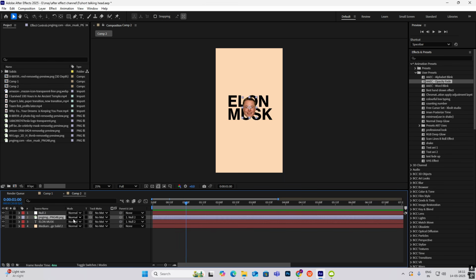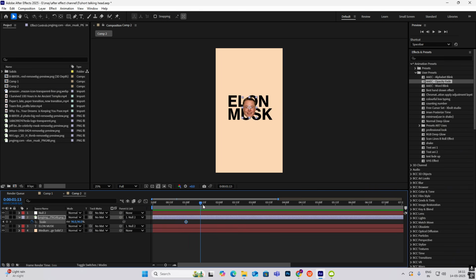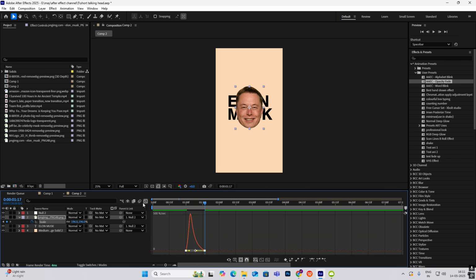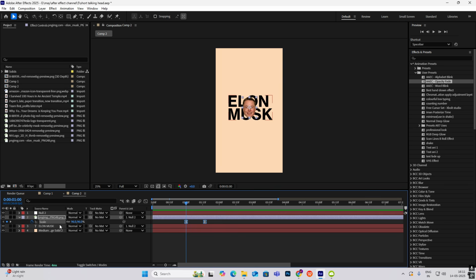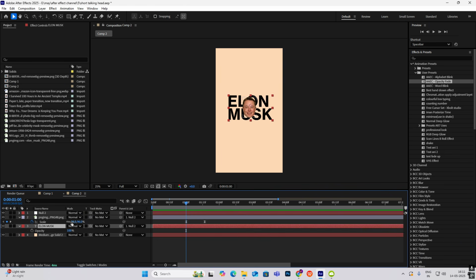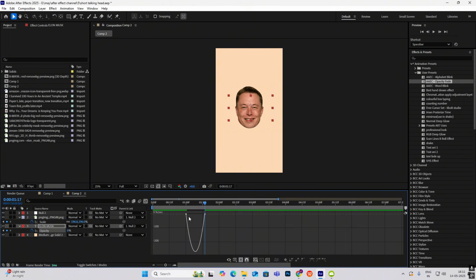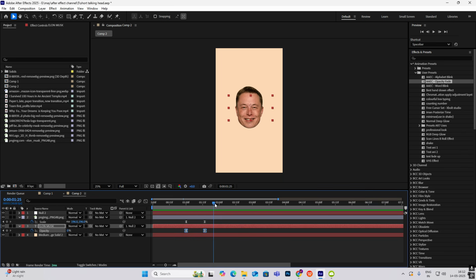Okay, so after this I'll just select my image, hit S for scale, go ahead and do it like this. Now I'll hit F9 and press to the left. Okay, now I'll just select this text, hit T, opacity keyframe, go ahead, again hit this keyframe, go to the second keyframe and decrease it to 0. Then I'll hit F9. Text to the left. Okay, so as you can see here, this much is done, but we need this